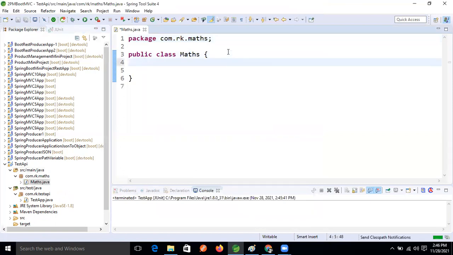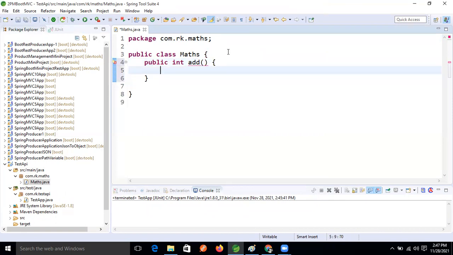So what I'm going to do now? I'm writing one public int. Return type is int. Fine now. So here, addition. We are going to write one addition method. The arguments are int a and int b. Two arguments are there, and I'm returning a plus b, right? So this is our API.